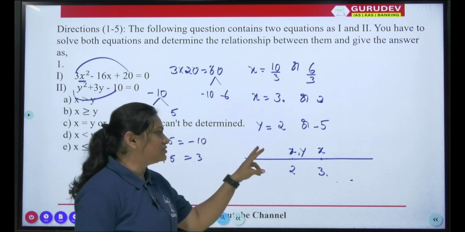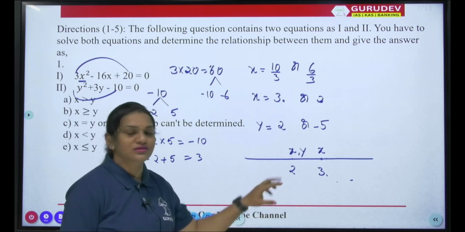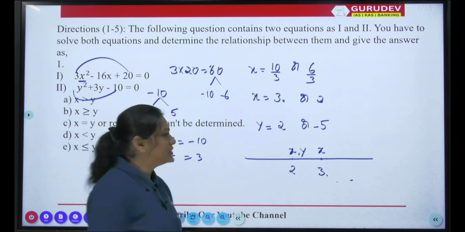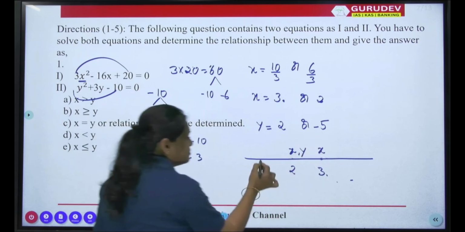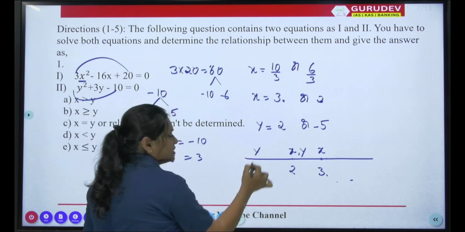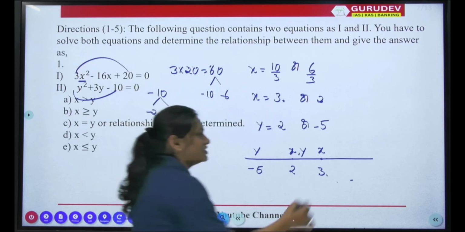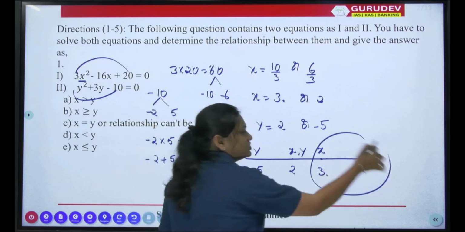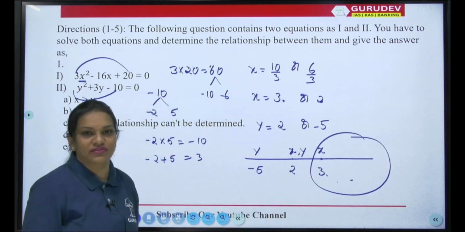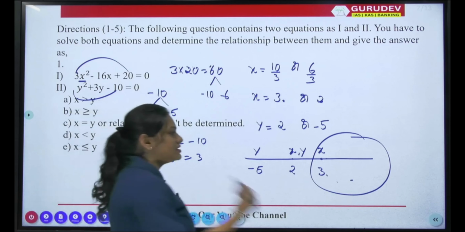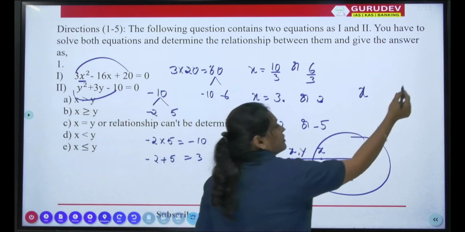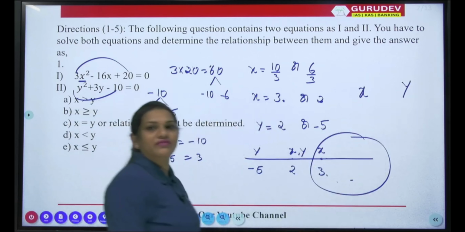Okay. So with those two roots that are common, we can write it down like this. Next it is minus 5. Minus 5 will definitely come here. As we discussed in the previous class, whichever is the rightmost number, that will be your greatest number. So by seeing this, if I compare this x and y value,